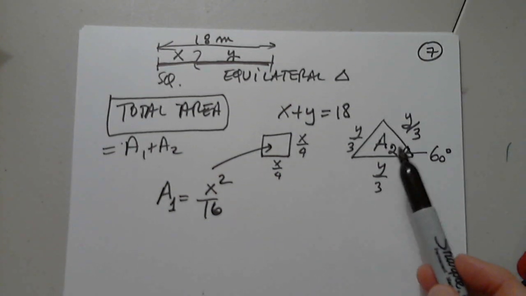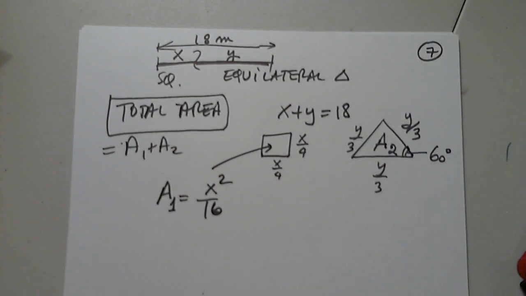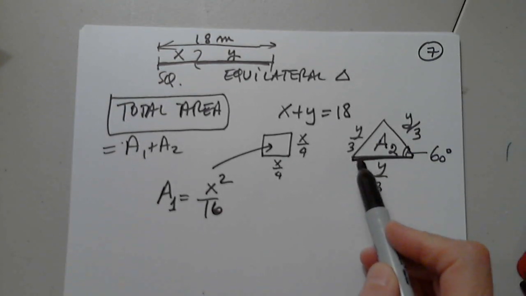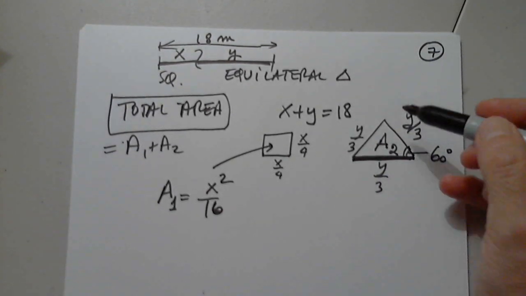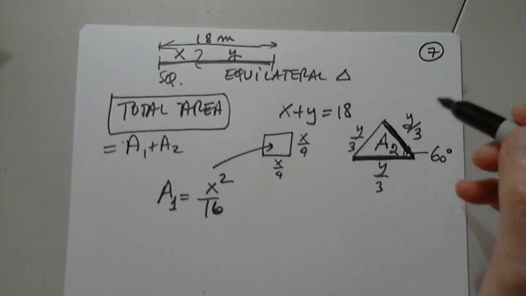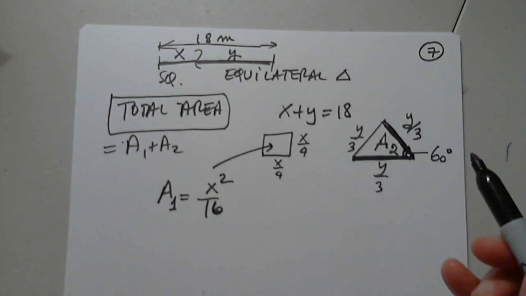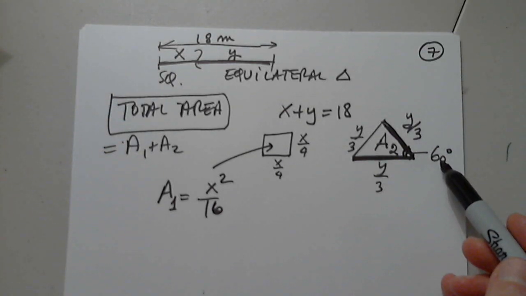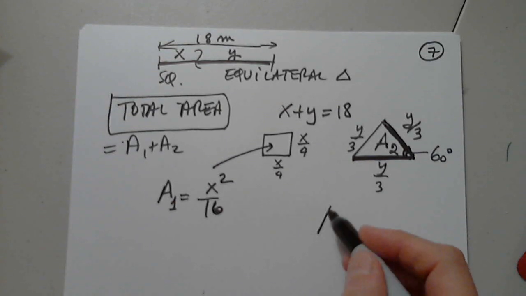To find the area, I have several options, but one of them is the easiest. In any triangle, if we are given two sides and the angle in between, which I do, y over 3, we determine the area as